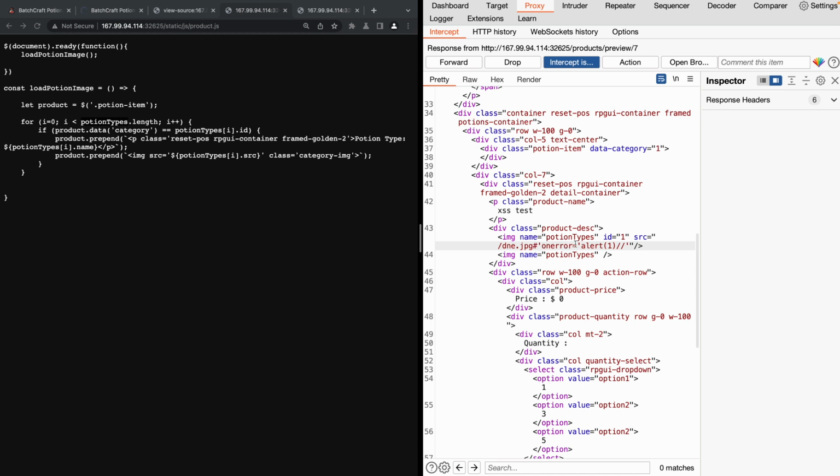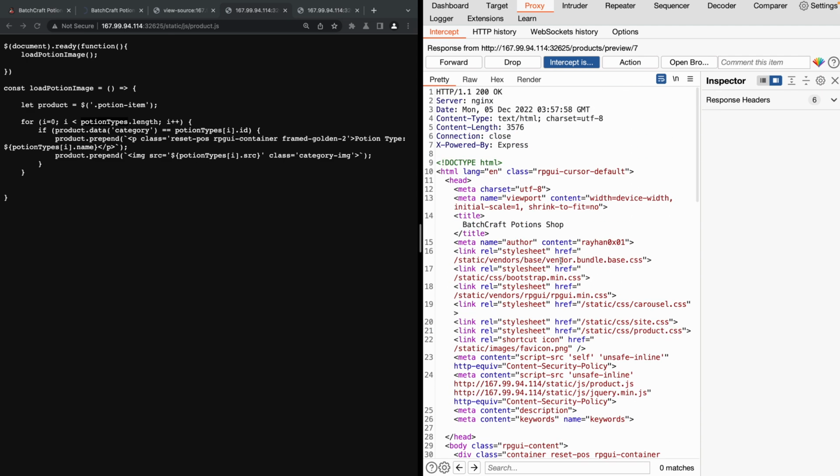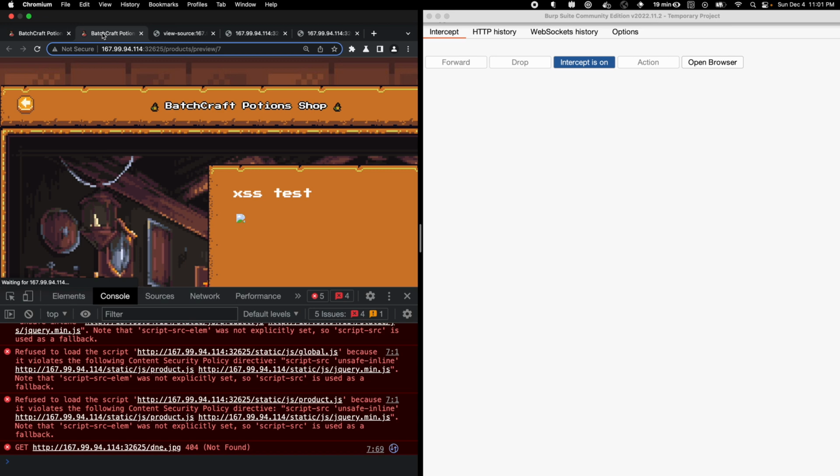Then we should create an onerror attribute, which runs an alert and comments out everything after that JavaScript. That should give us a simple proof of concept to see if this can work. So if I forward that to the browser,